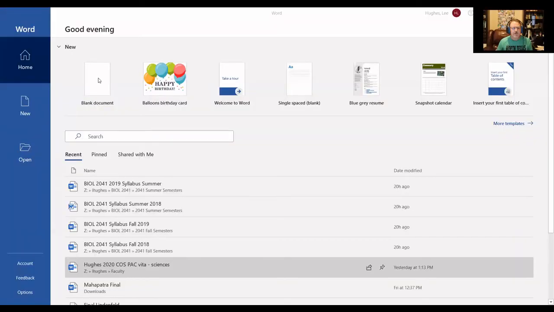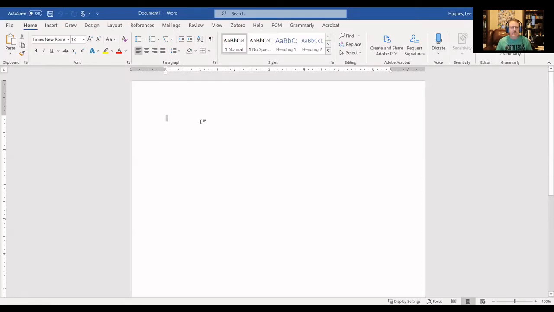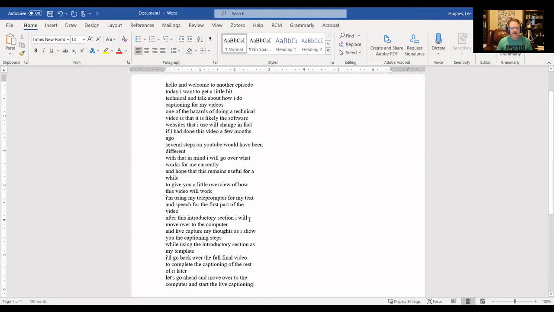Okay, so let me go ahead and do the sharing first. So I'm going to go into Word. I'm going to open a blank document. And within that blank document, I'm just going to paste the text that I put in. All right.